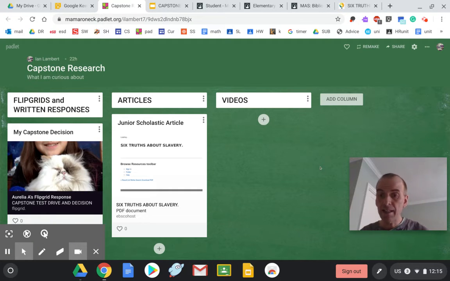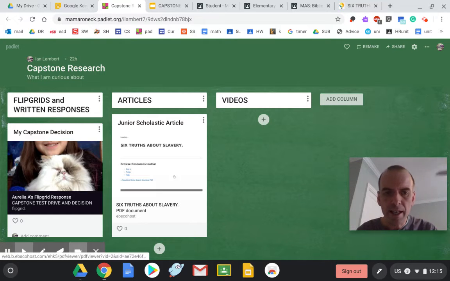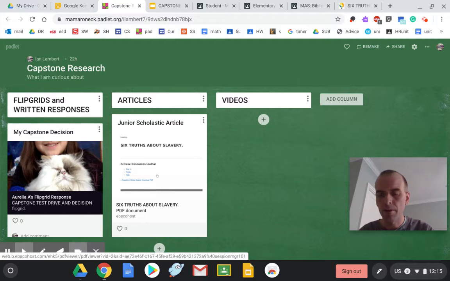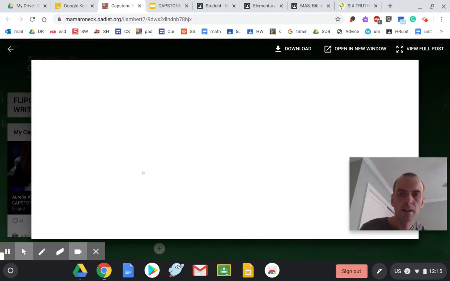Now, when it links it in there, I want you to notice something. If it's from a website that had a password, it's not going to show you the picture, unfortunately. Okay? It doesn't show you the picture because the website has a password. But if you click on it, you'll see that it will go